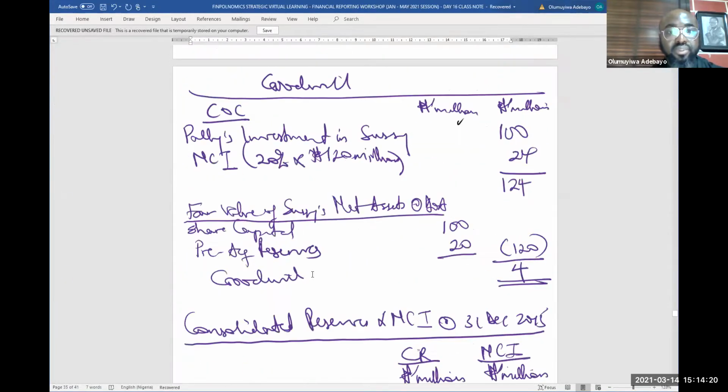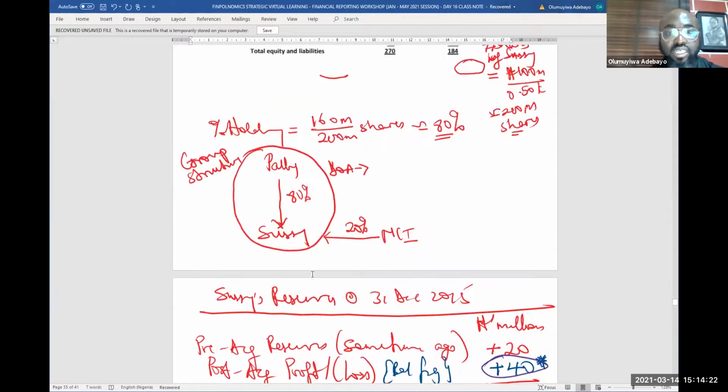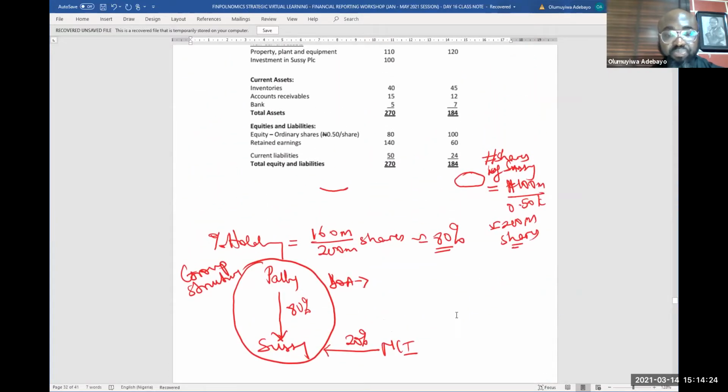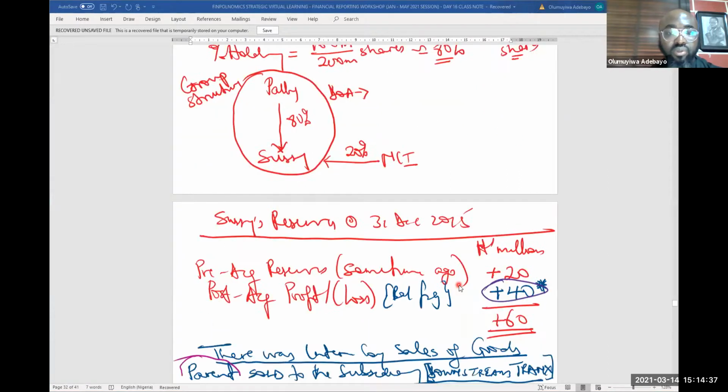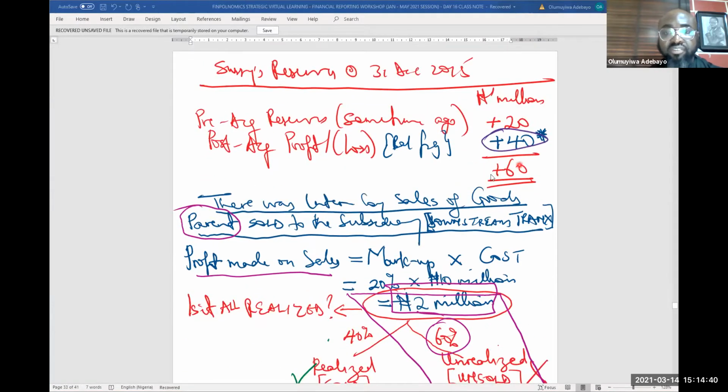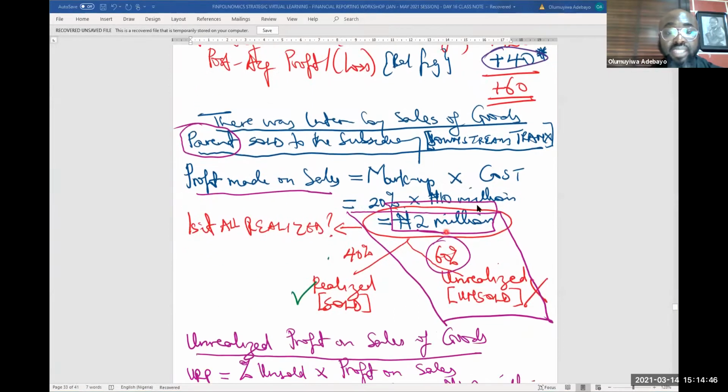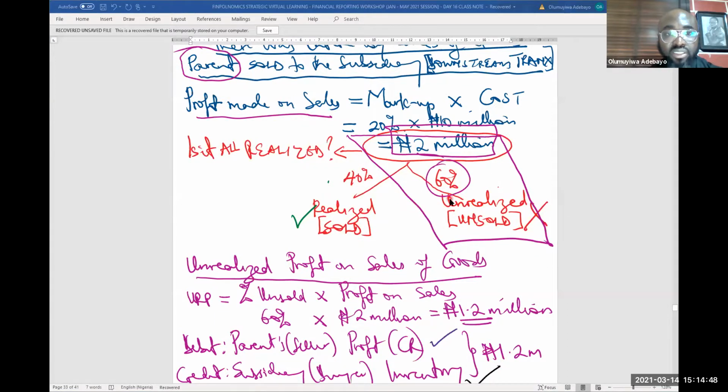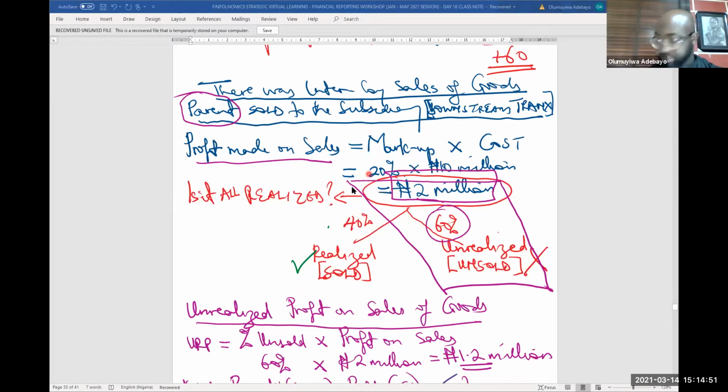Now, everything remains the same with our structure. And Susie Reserve is broken down into pre and post-acquisition. It remains the same. And our analysis here remains the same. Only that